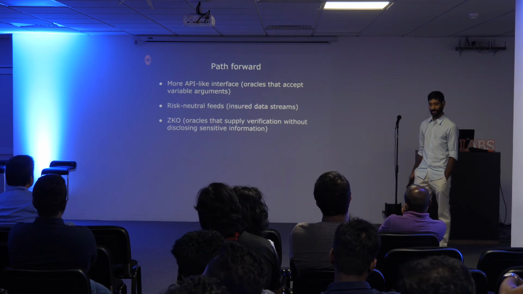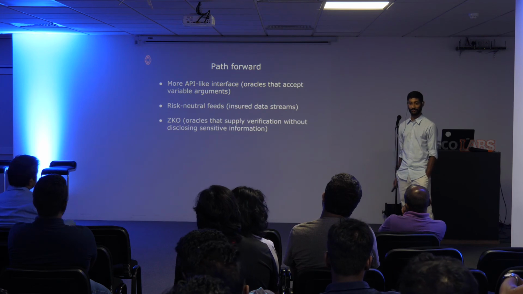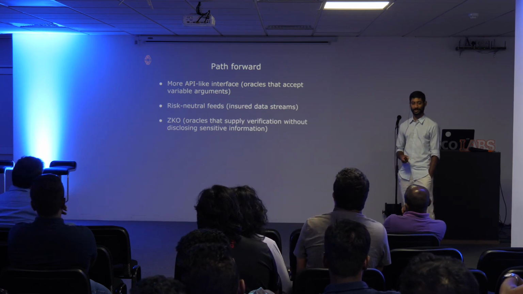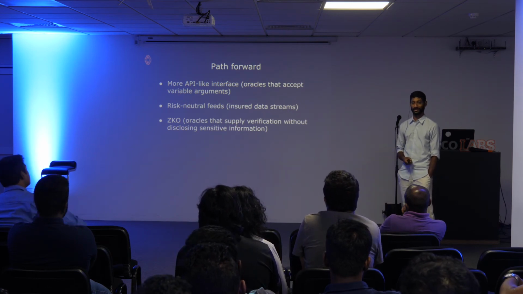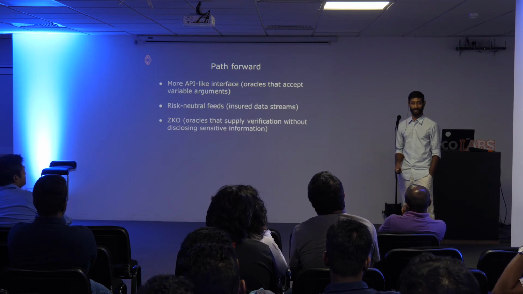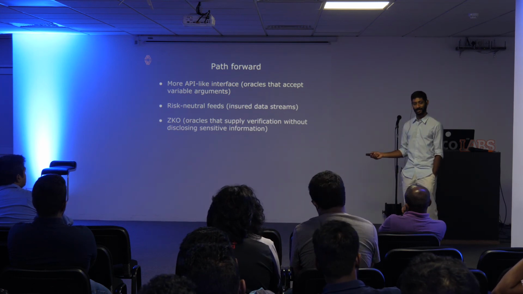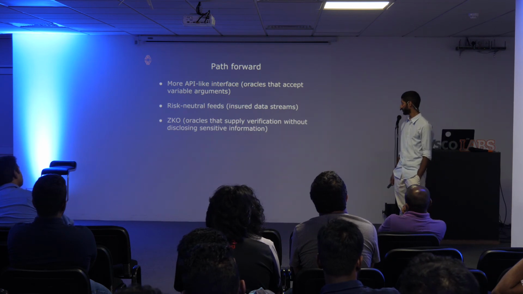And here are some things we've been thinking about to make this more developer friendly. One is to actually take variable arguments. Right now, we deploy contracts that update with basically the same function call every time. It's like if you only needed to make one type of request to any given API, then you can find that in a Lighthouse contract today. But we'd love to be able to take variable requests with variable parameters.